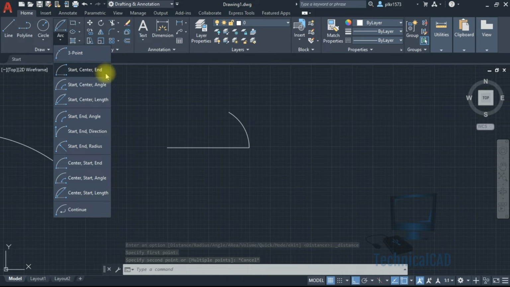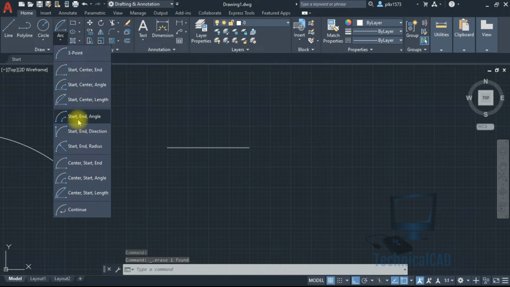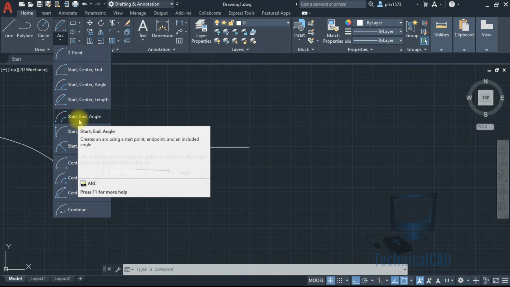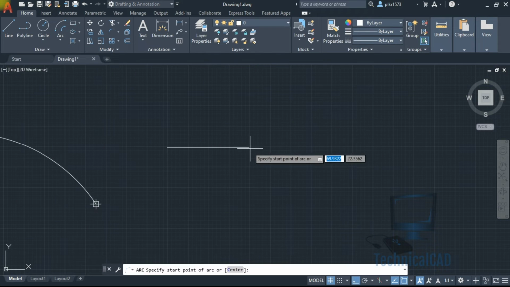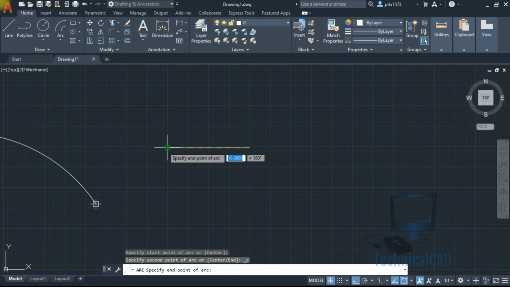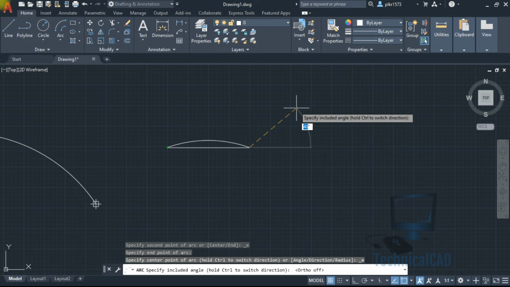So that is the first family. Next, coming to the second family, here start, end, angle. We have to select the starting point, end point and give the angle. I will switch off the ortho mode here. It will be much easier for me. I will go for 50 degrees.